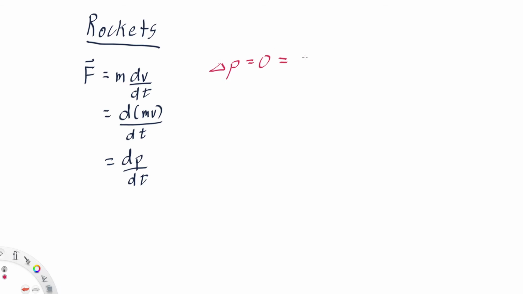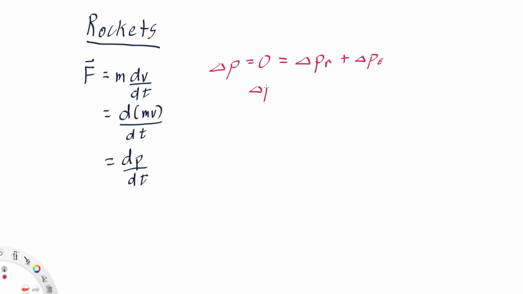And that's got to be equal to the change in momentum of the rocket plus the change in momentum of the exhaust. Since these are the only two momentum changes we're looking at,